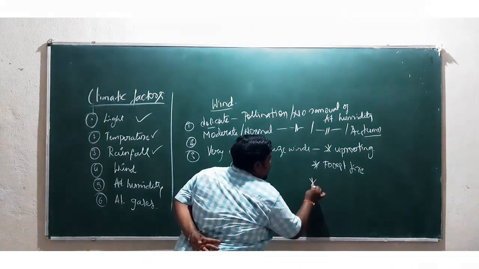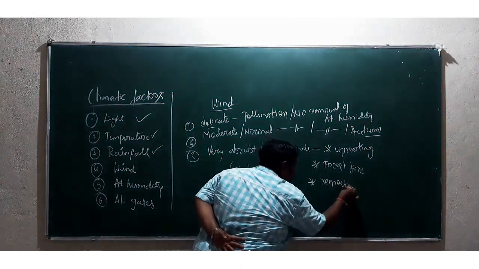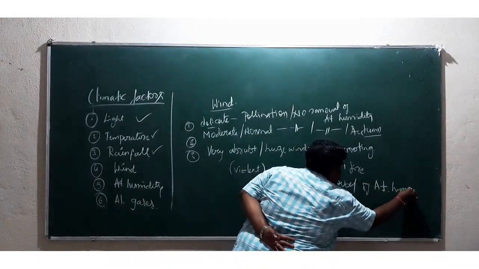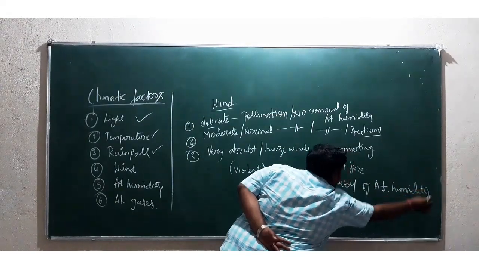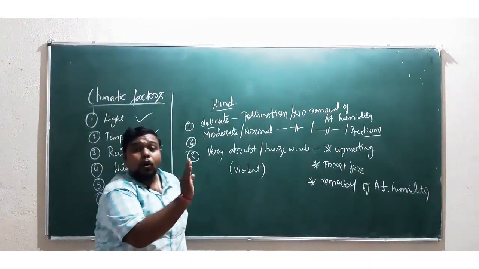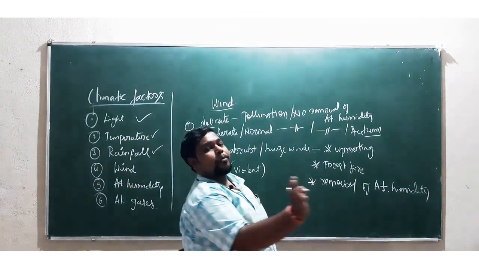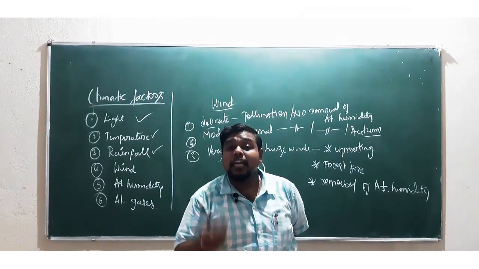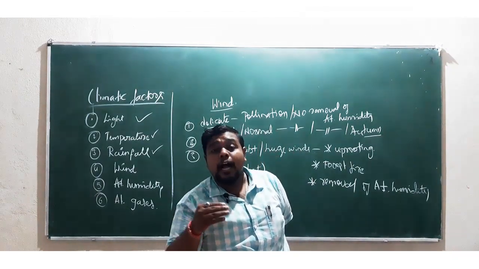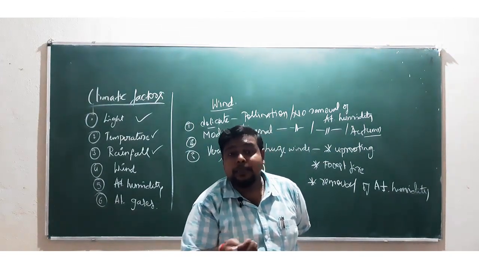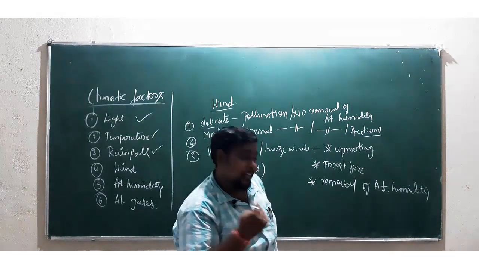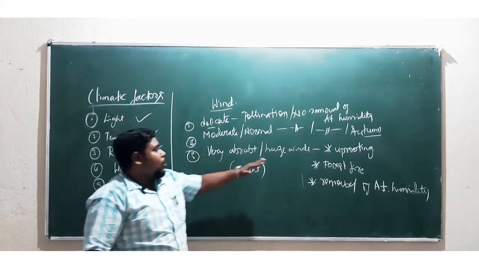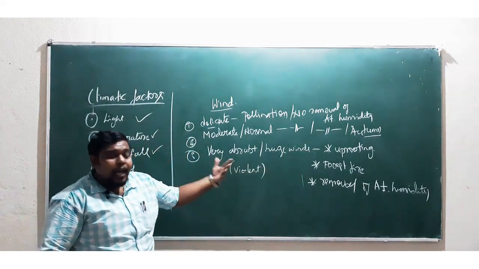And the next one is the complete removal of atmospheric humidity. Once these violent winds blow, they will take away all the atmospheric humidity from the air present in that particular area, increasing the mean temperature. That may result in increased transpiration, and due to this increased transpiration, the plants may completely go dry and they may die also. So these are the various ways how these very abrupt or violent winds are affecting the plant here.